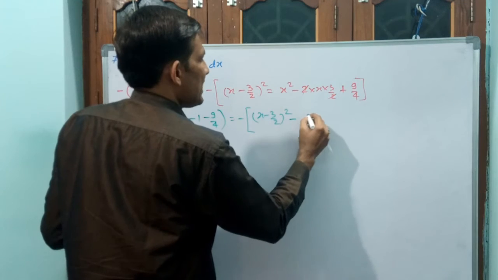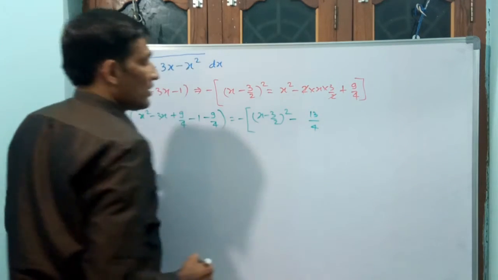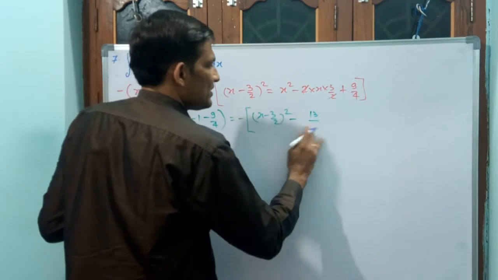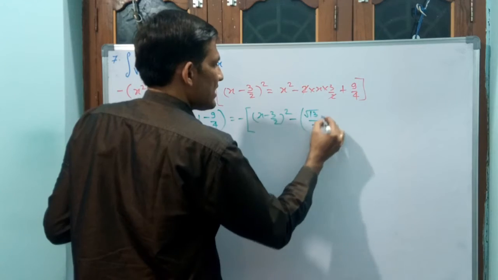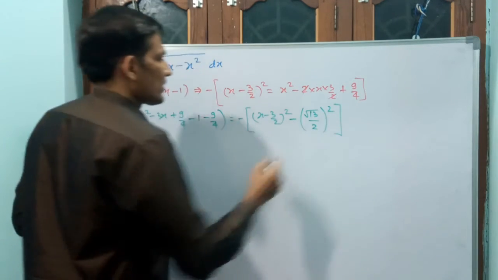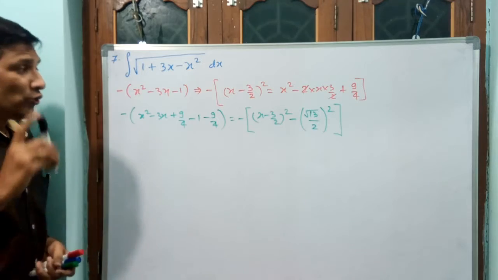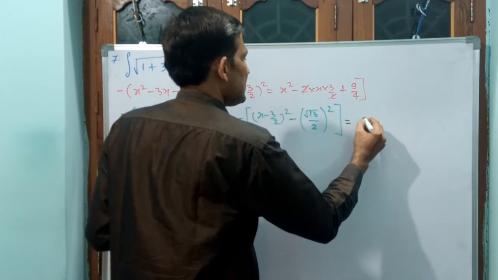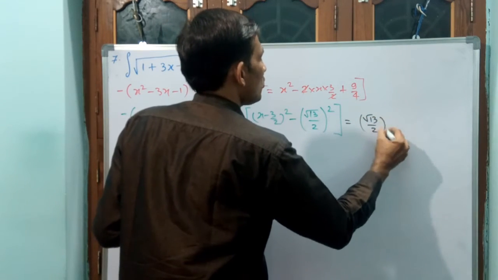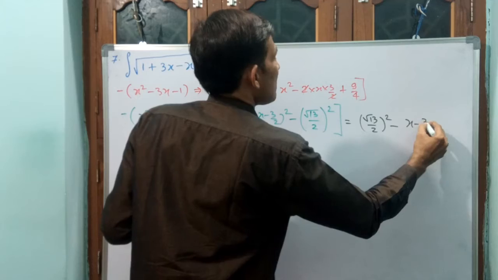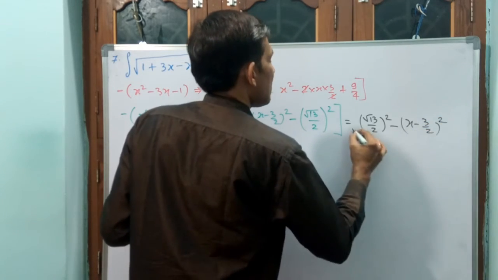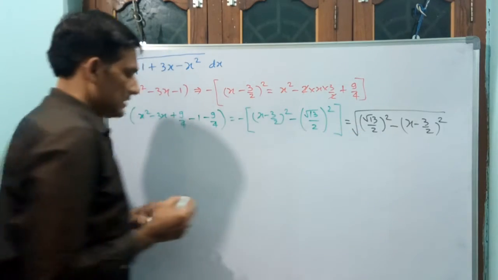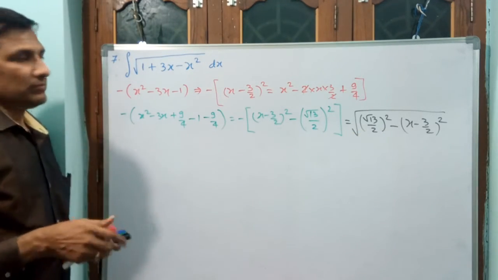That means you see minus 13 by 4 is there, but you don't write like this. You have to write in square form. That means, see, this is 2 you write, this is root 13 you write, you make it as a square. You understand? If you do like this, automatically minus of minus is going to become plus. Then what you have to write finally? (root 13 by 2) whole square minus (x minus 3 by 2) whole square under root. Okay, you have to replace this with this. This much of brain work you have to do. Okay?